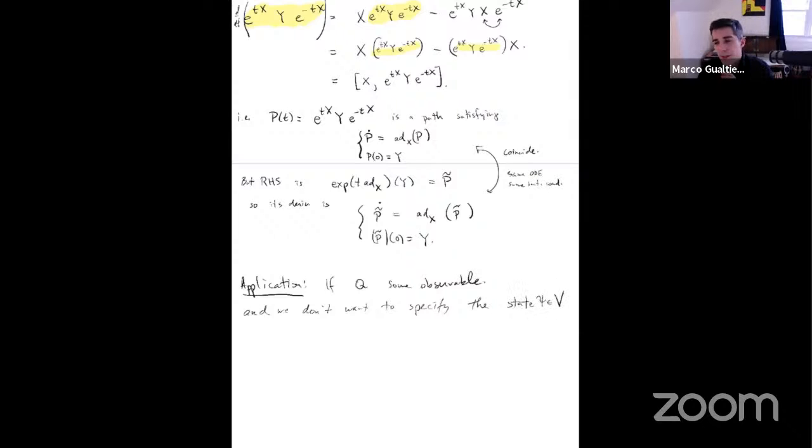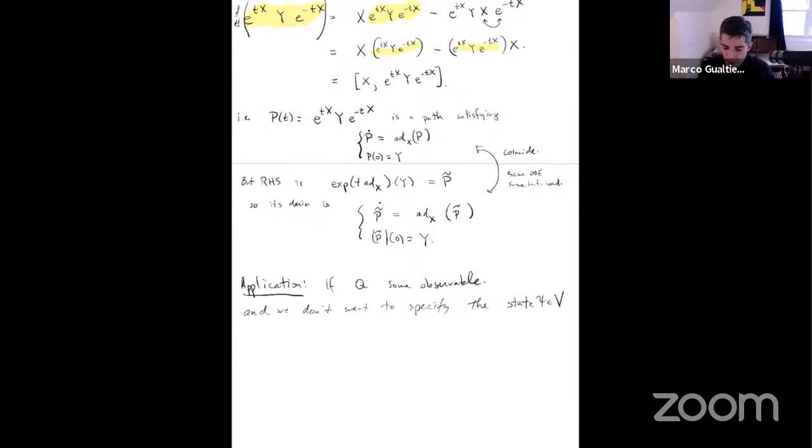So if we don't want to say exactly which state we happen to be in, but we just want to know something general about how this observable Q varies with time, what you could do is